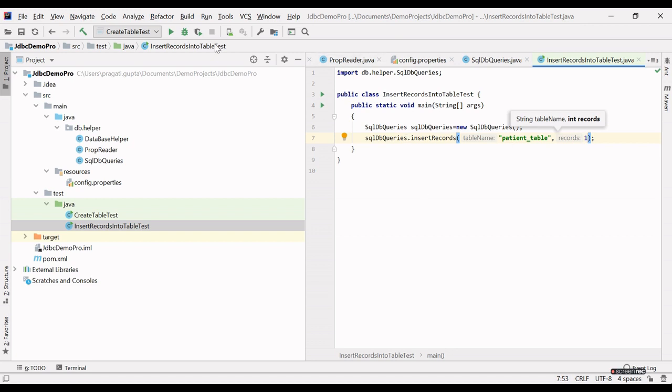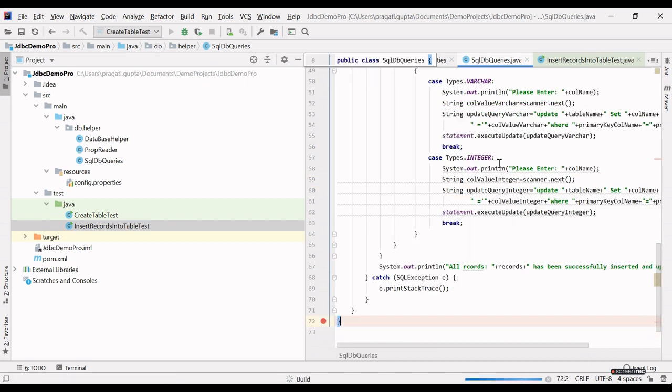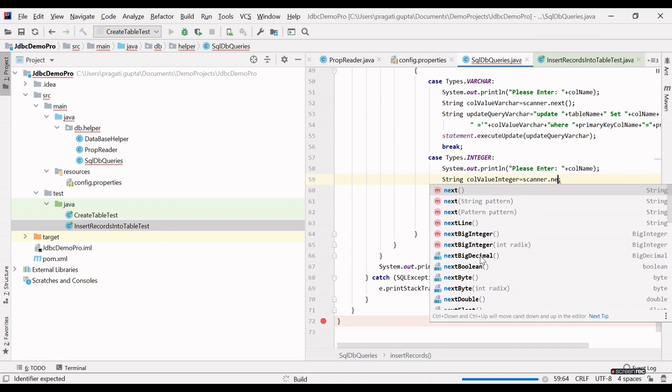So let's run this. What happened? One minute guys, I think I forgot something. Okay, let's stop this. Since this is an integer, I will get the integer value from the user with nextInt, right?